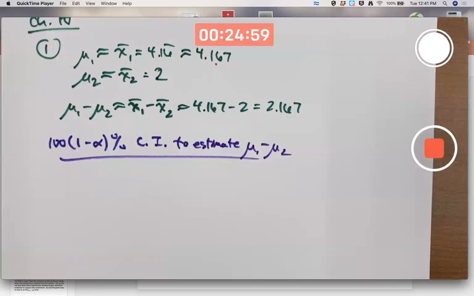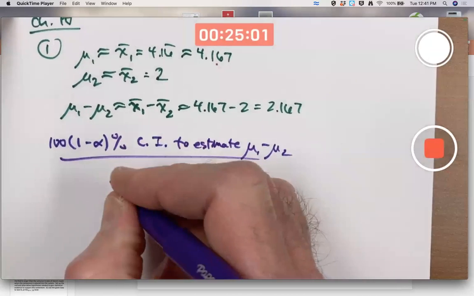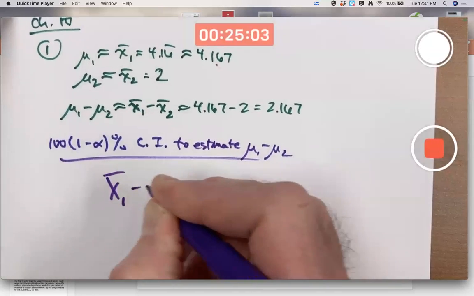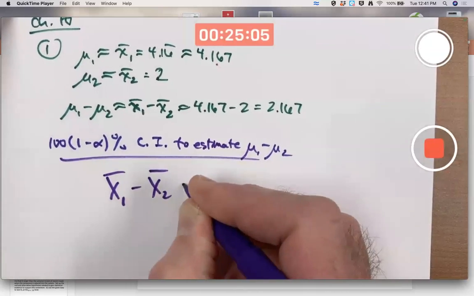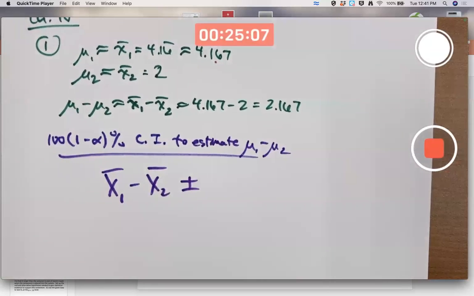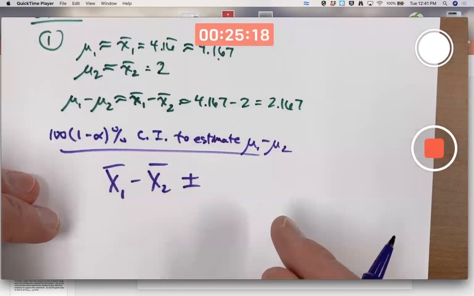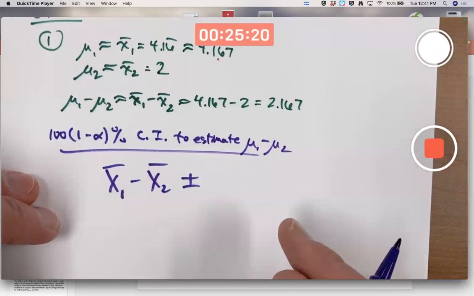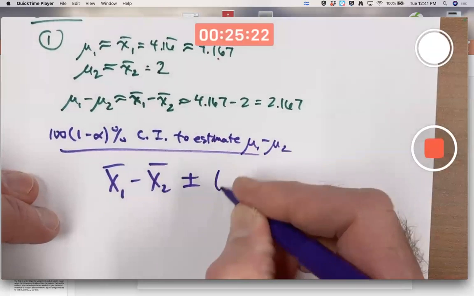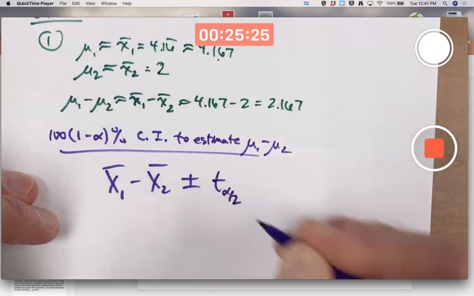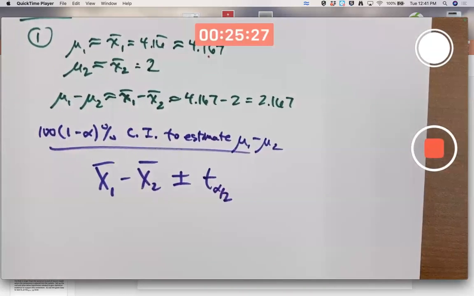As an abstract formula for the point estimator, I'd want to use capital letters, X1 bar minus X2 bar. Right, because this is a theoretical kind of thing. Then when I observe values, then I call those lowercase x1 bar and x2 bar. Plus or minus some margin of error. Just like I said a few minutes ago, we go back to t here. T sub alpha over 2 instead of z, times